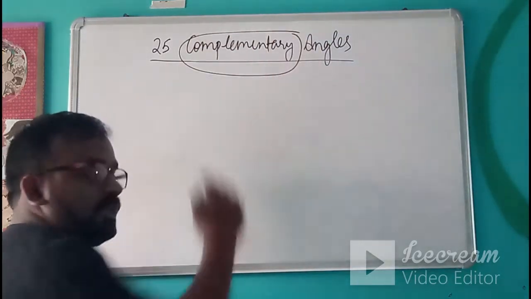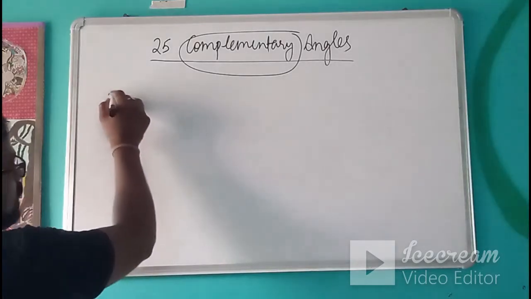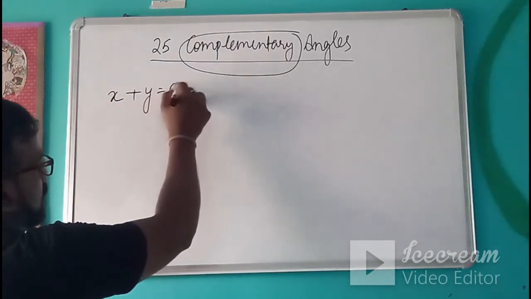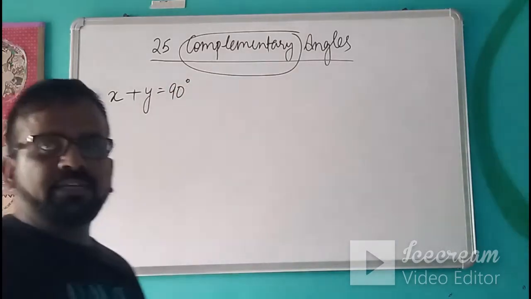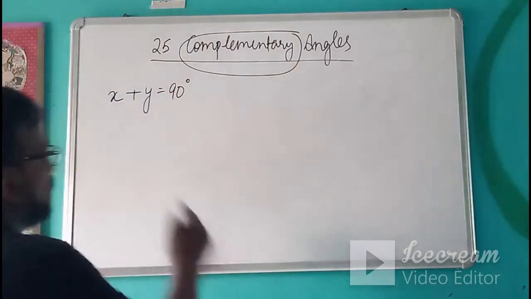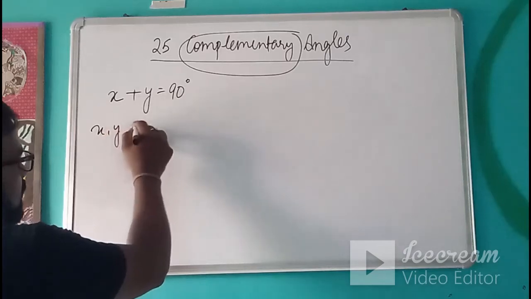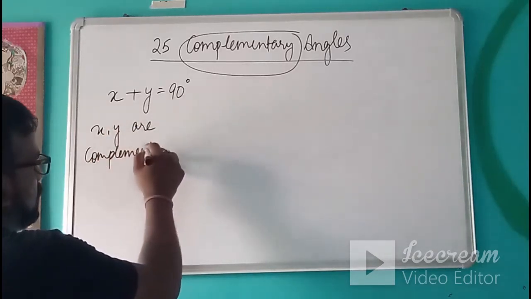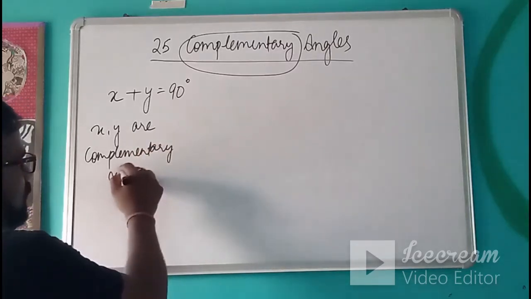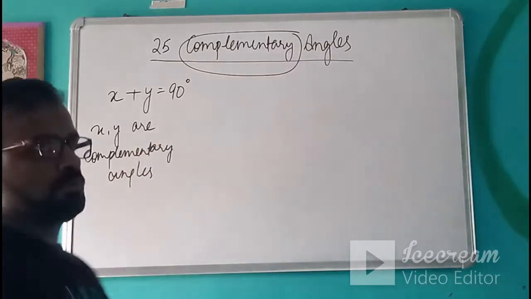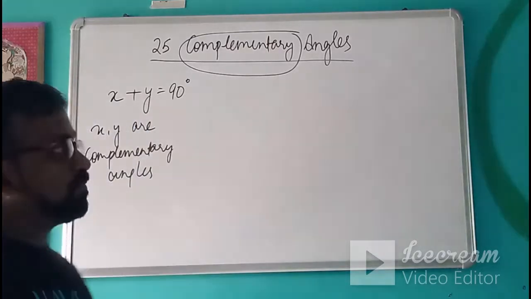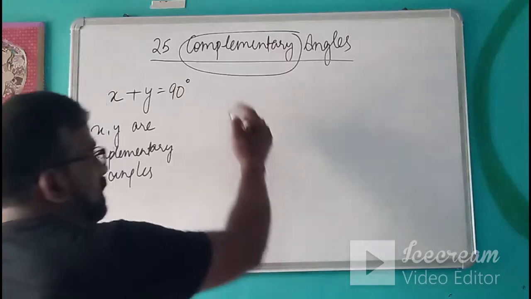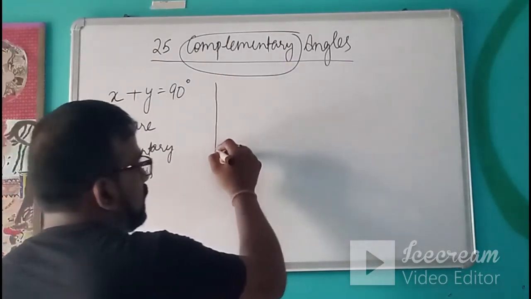Like you have studied in the previous class, if two angles are there, suppose x and y, and if you add them and you get the sum as 90 degrees, in that case we know that x and y are complementary angles. This concept we will carry forward to derive some relations that we will use to solve the questions in this chapter. Now, regarding trigonometry and the use of complementary angles, let's see a few relations which we can derive.